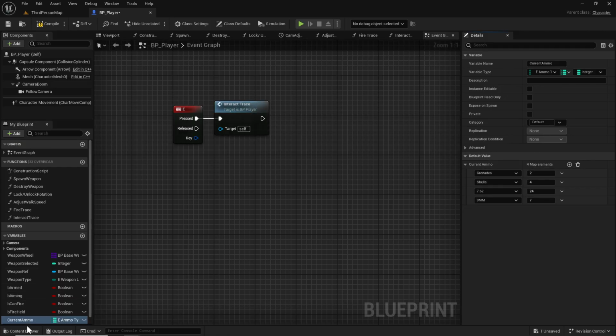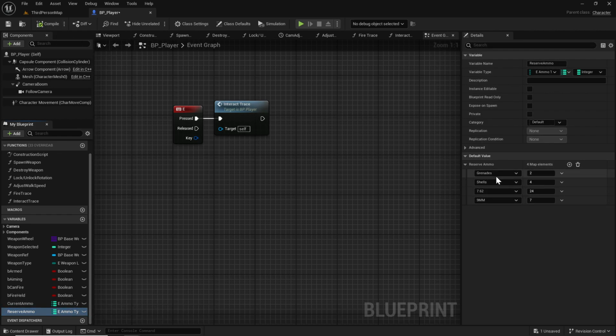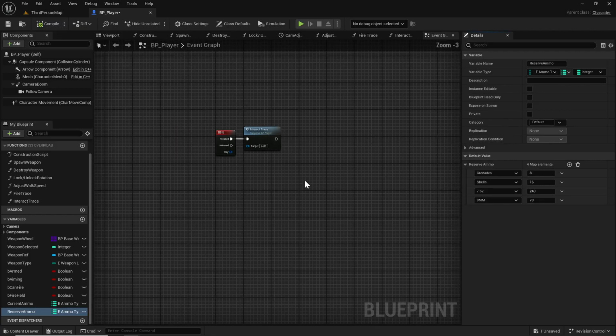So this is what's going to be in the magazine or clip, whatever you want to call it. That's the same thing. So we can go over here, and instead of adding a new variable, we will just duplicate that one so that it's all laid out in the same way. This will be our reserve ammo. Now when we compile that, we'll still have all 4 of these in the same order, and we can adjust these to be how many we want in our backpack. So let's say I've got 8 grenades and 16 shotgun shells, 240 rifle ammo, and 70 pistol ammo. Now we can compile that,